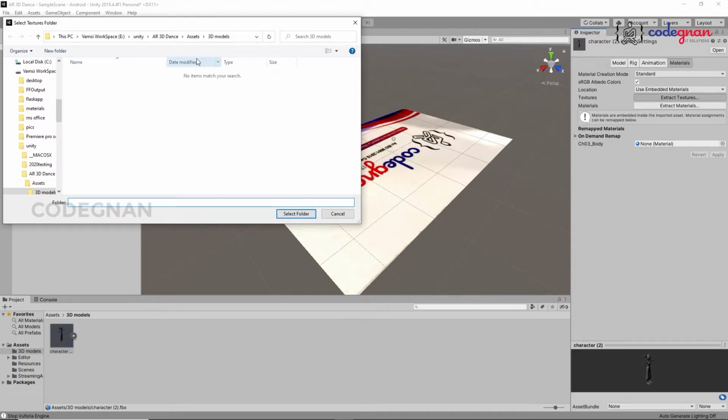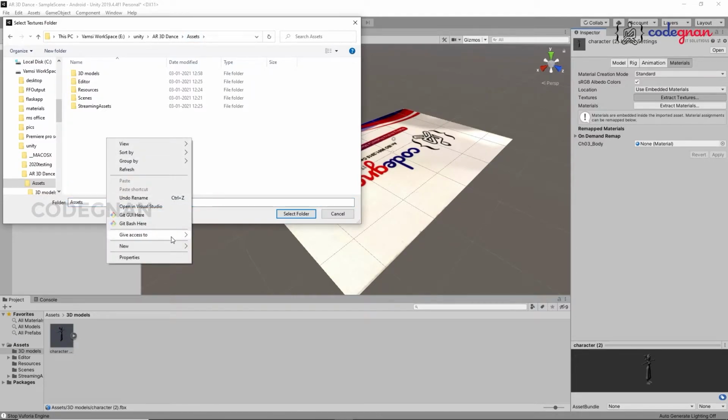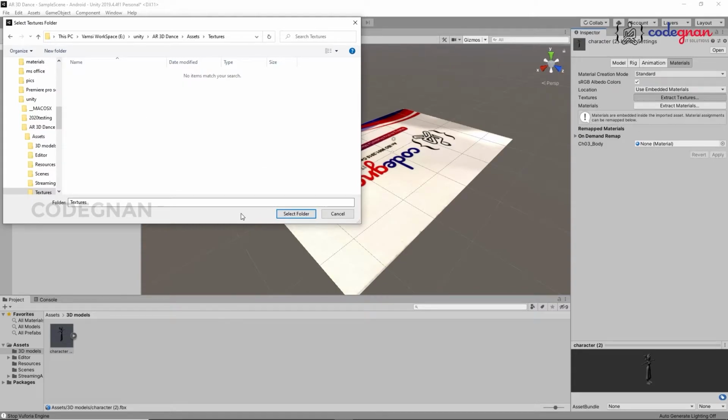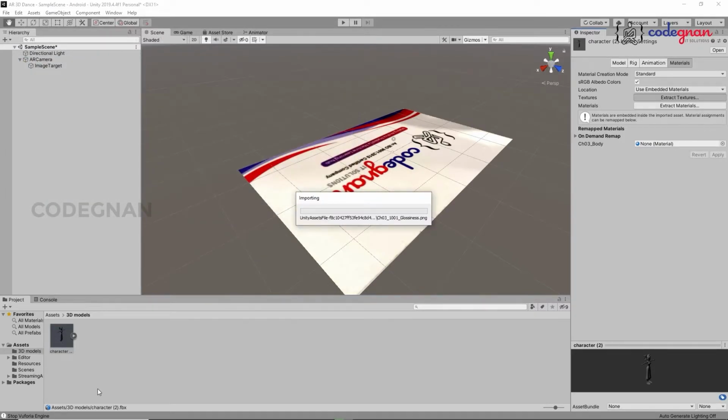Where you want to save the textures, in the assets window I'm going to create a new folder for the textures. All textures should be saved here. So I'm naming it textures like this, and I'm opening it. I'm going to save my textures in this textures folder. So select this folder, and it will start importing.